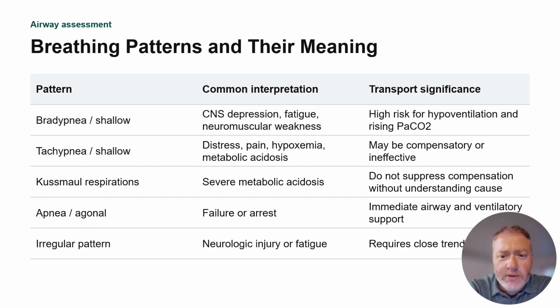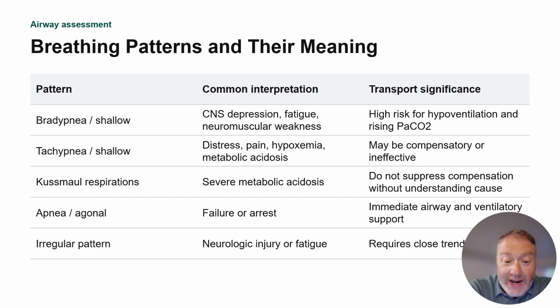Transport significance may be compensatory or ineffective, but either way, we need to identify what it is that's causing them to be tachypneic. Kussmaul's respirations, as in severe metabolic acidosis or diabetic ketoacidosis,